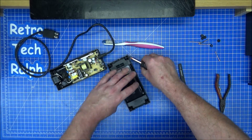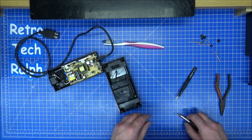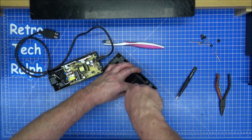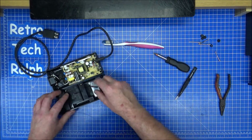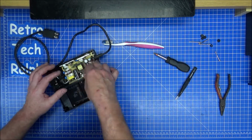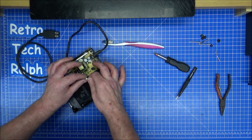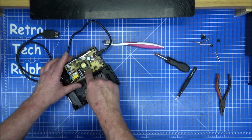With stuff like this, with the newer stuff, you're not going to damage the pegs as often as say a ZX Spectrum, because the plastic on that is, let's just say, quite old. Not as old as me, unfortunately, but old enough. So that in there, back on the fan. This will only go one way, so make sure you get the right way. There should be a line on there which goes at the top,